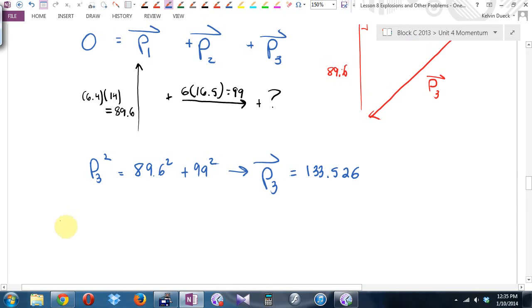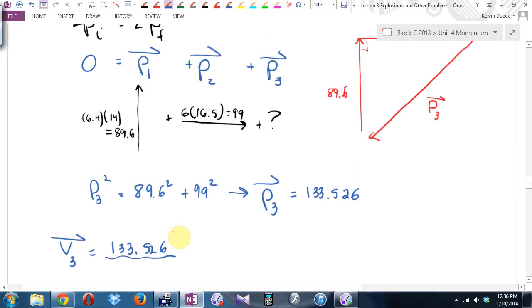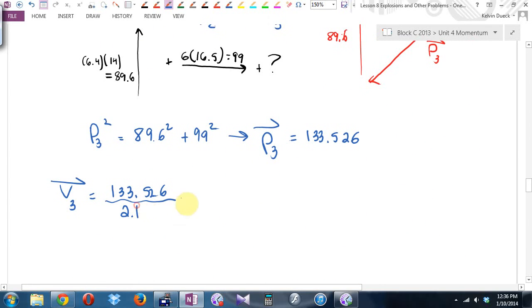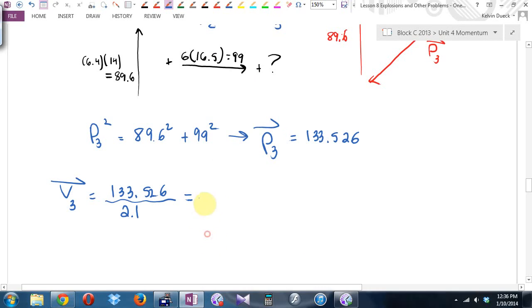How can I turn that into a velocity? Take that 133.526 and divide by 2.1. 63.6 meters per second at,